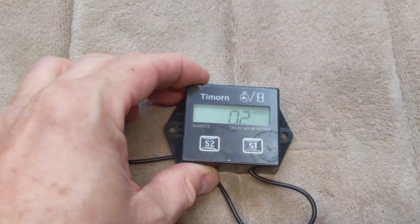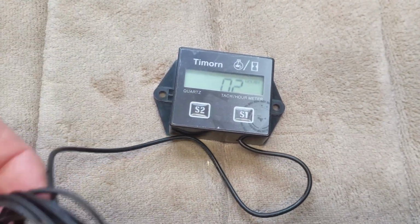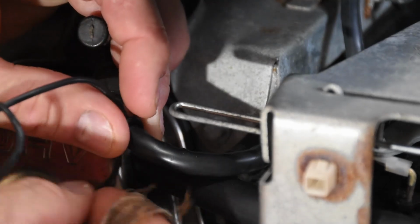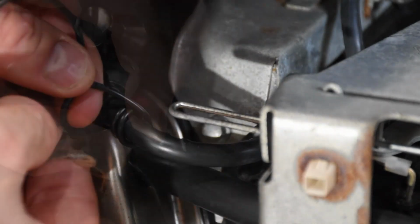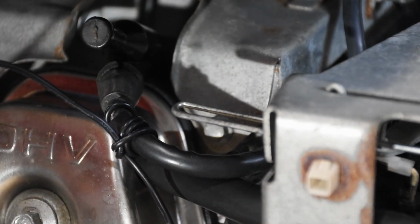So I'm going to use this little temporary tachometer here to understand where I'm running. This uses an induction cable that wraps around the high tension lead of your spark plug, and you basically just wrap it around 4 or 5 times. I tie it with a taut line hitch around here. And I also am going to try flashing the